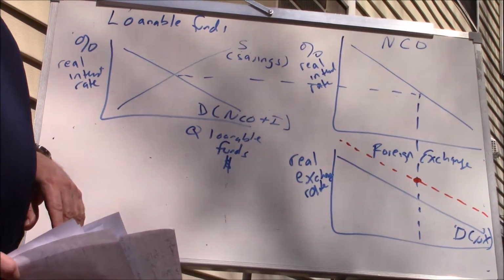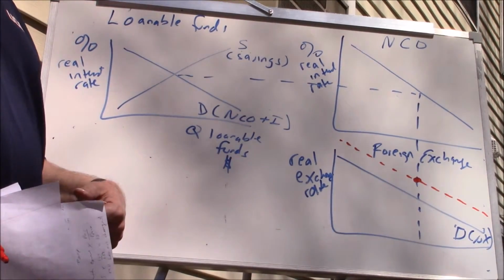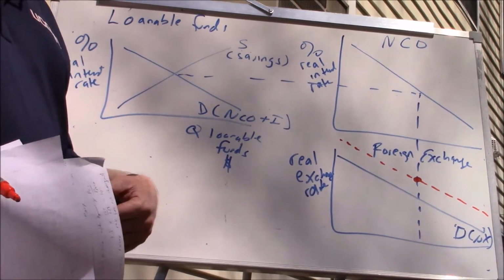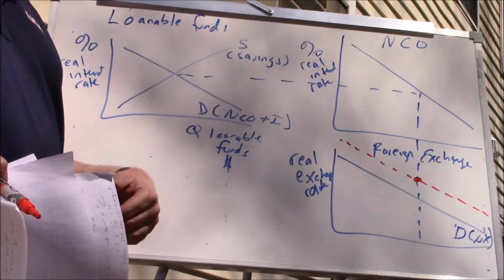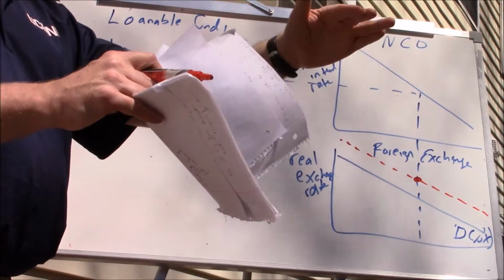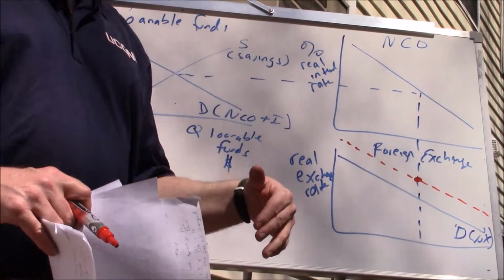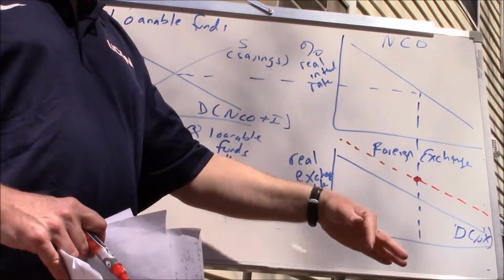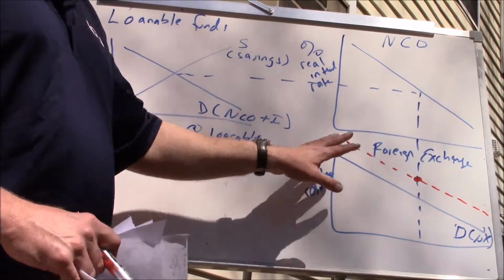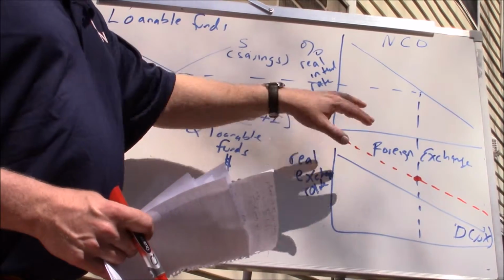Because the value of the dollar goes up, goods here in the U.S. are suddenly more expensive, and so the amount of purchases of U.S. goods and services from foreigners is also going to go down, right? Demand curves slope down. So if you increase the price of goods in the U.S. through an increase in the exchange rate, we're going to see a reduction in the amount of purchases of goods and services here in the U.S. So we have decreased the amount of imports because of the quota or the tariff, but we've also decreased the amount of exports due to the increase in the value of the dollar,